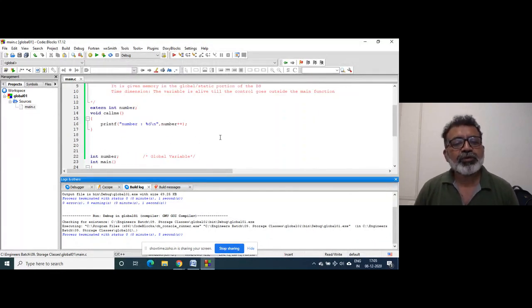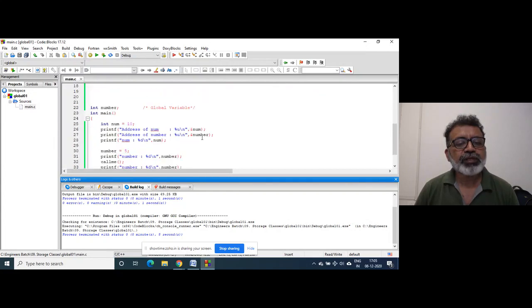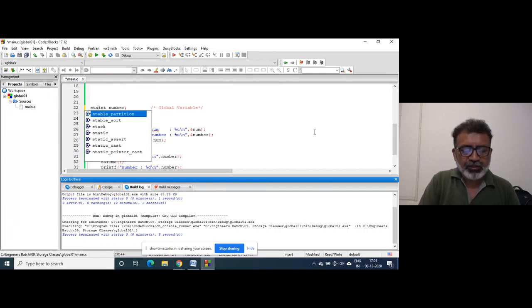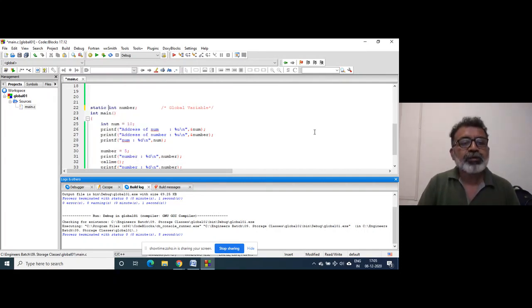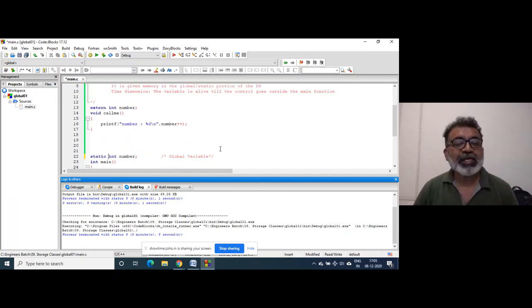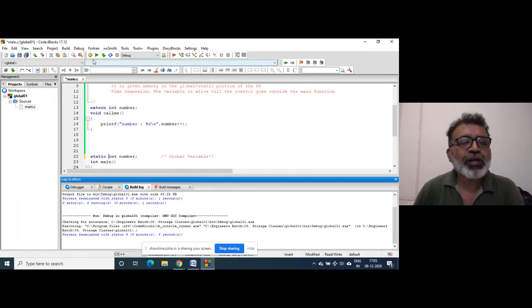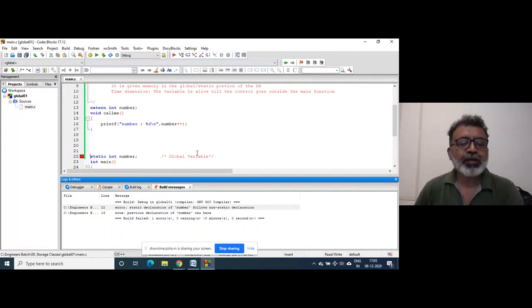And what about static? How can I show you static? Suppose I declare it static, we'll check whether extern is allowed or not. Without static, it allows you. When you declare static, it doesn't allow you. It gives you the error.